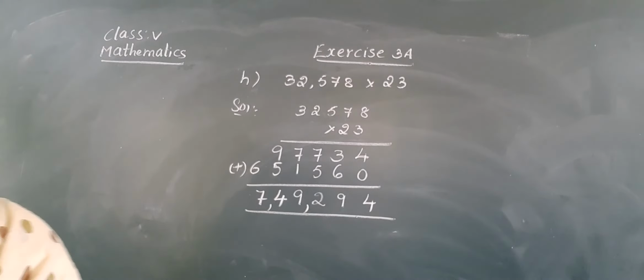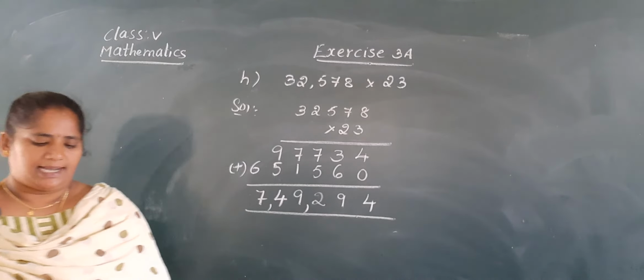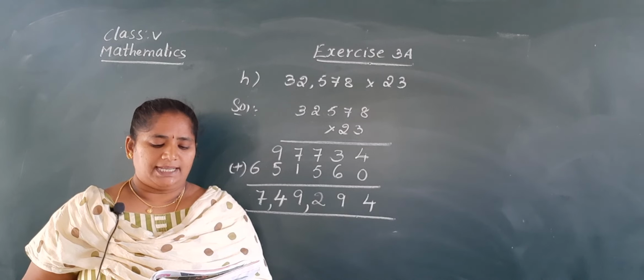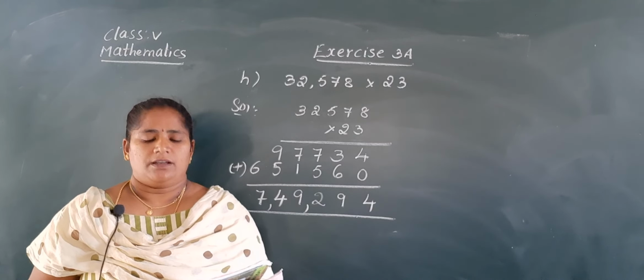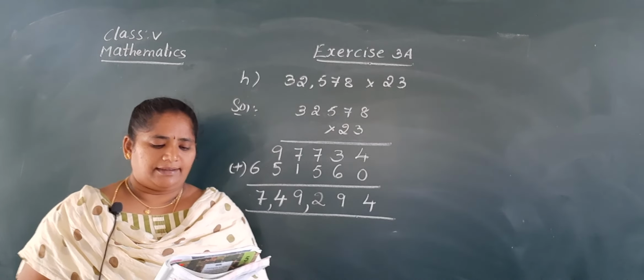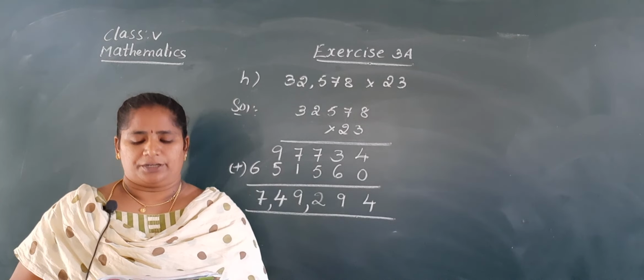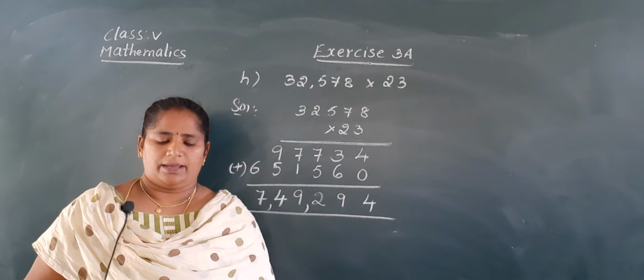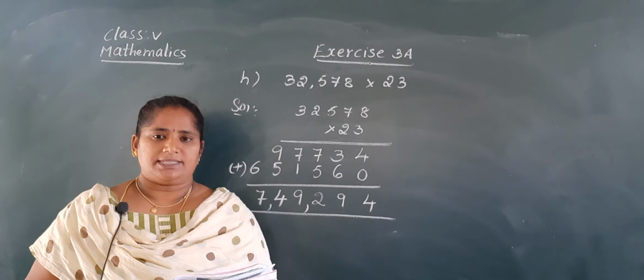So we stop up to here. So in exercise 3A, the first Roman is completed. Now B, C, F are the homework problems. So my dear children, write neatly without mistakes in the homework book, those 3 problems. Okay. And send to my personal number. Okay, ma? So tomorrow we will continue the second Roman.